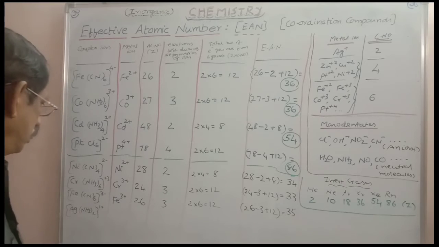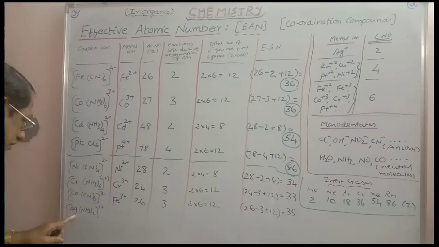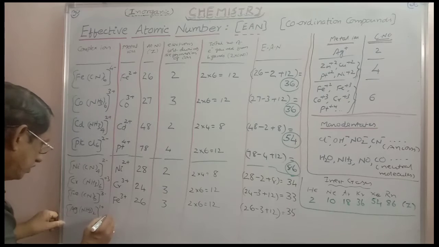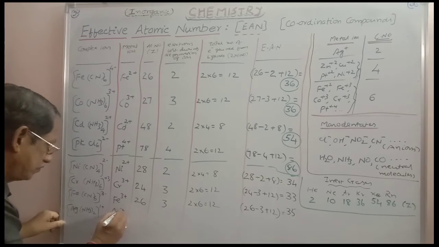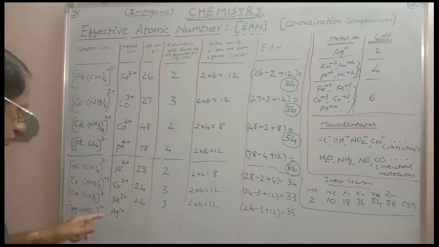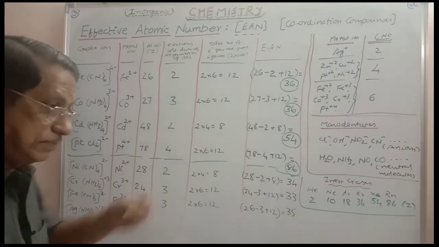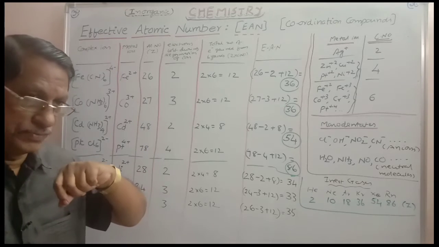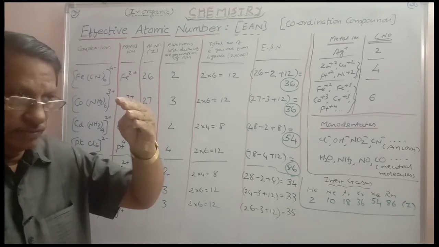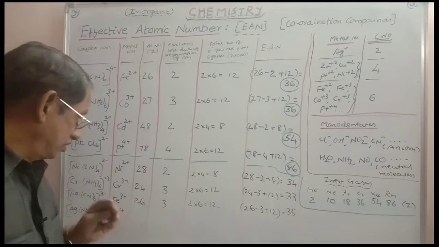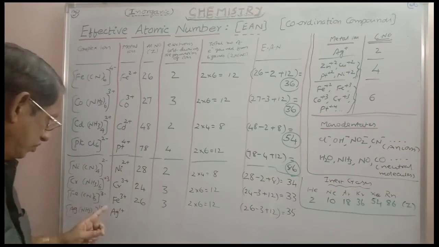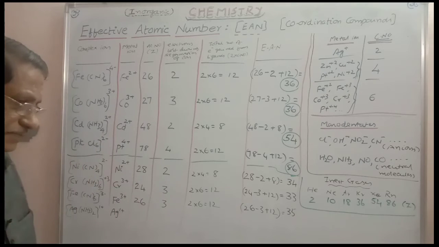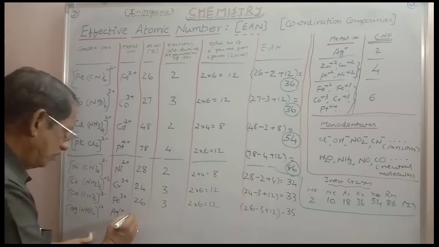And here, what is the atomic number? What is the charge here for the silver ion? x plus 0, ammonia is a neutral ligand, 0, x plus 0 is equal to 1, and therefore here x is equal to plus 1. So Ag 1 plus, this is the silver ion. What is the atomic number? Copper, silver, gold, zinc, cadmium, mercury. Copper is 29. 29, add 18, you will get silver. Add 32, you will get the remaining element. So here, copper, silver, gold. If you want to get the atomic number, add 18 to 29, that is equal to 47.